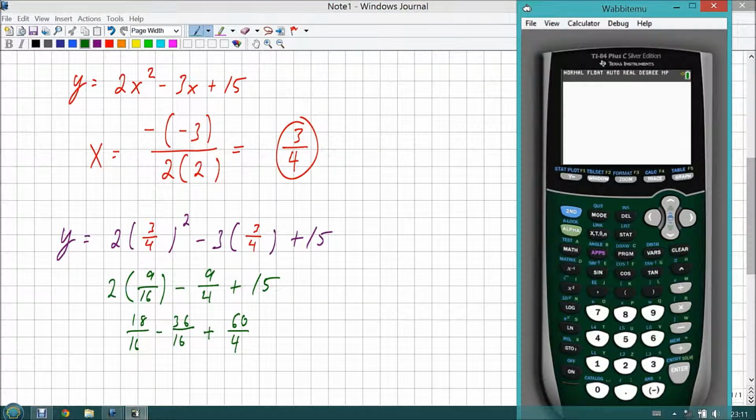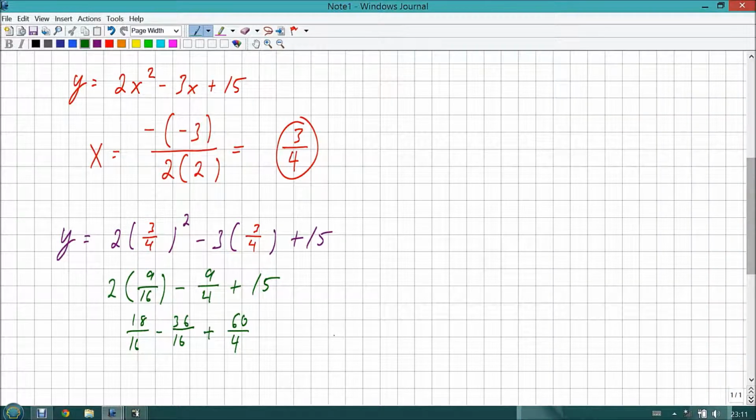Here's our calculator. And for our calculator, we go 60 times 16, which gives us a really huge number, 960. And then we just add across the tops, right? Because they all have the same denominator. So we would